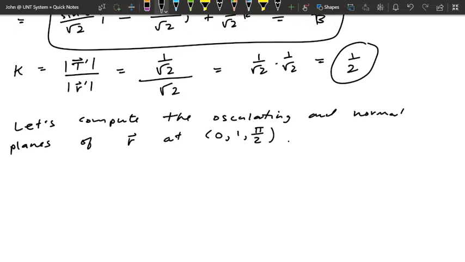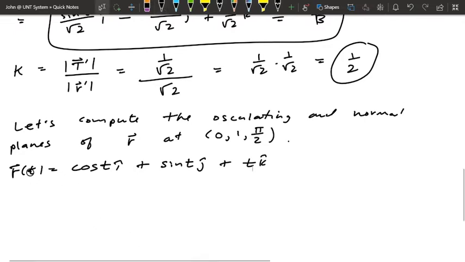And the helix function is given by cosine t i plus sine t j plus tk. Okay, so the value of t for which this vector is at this location,